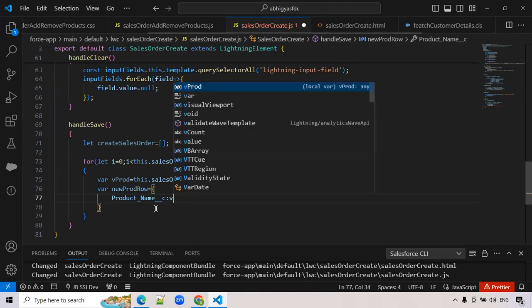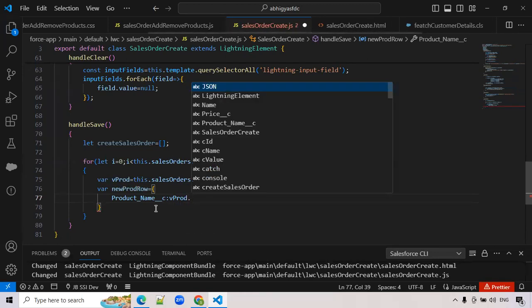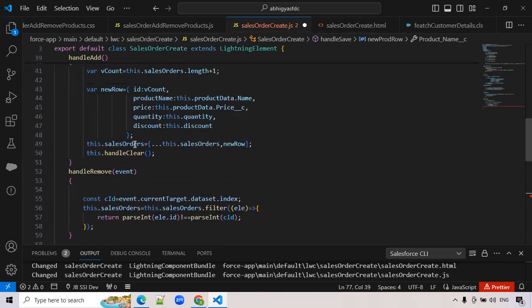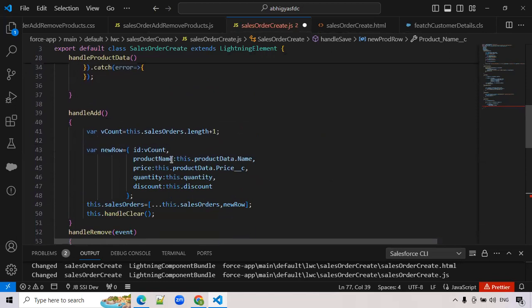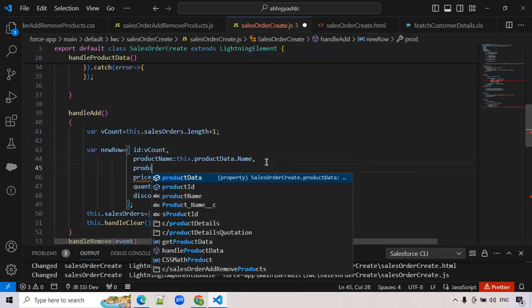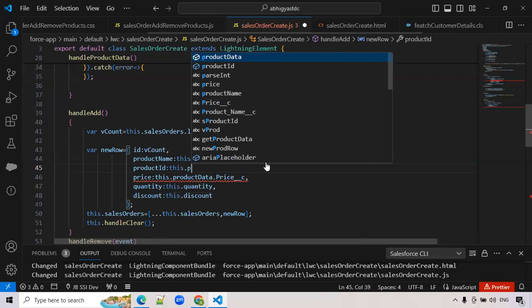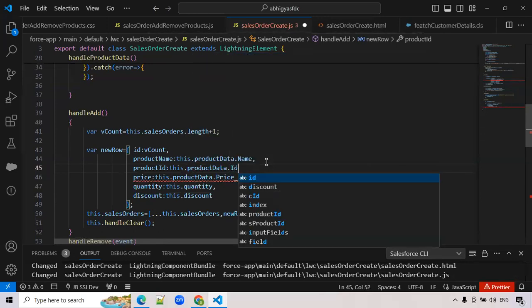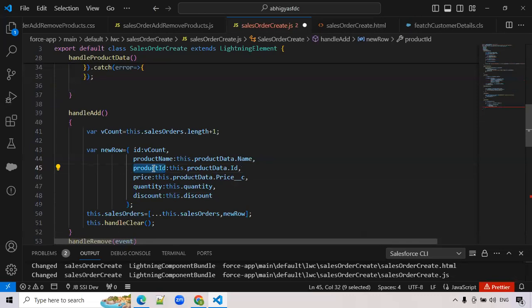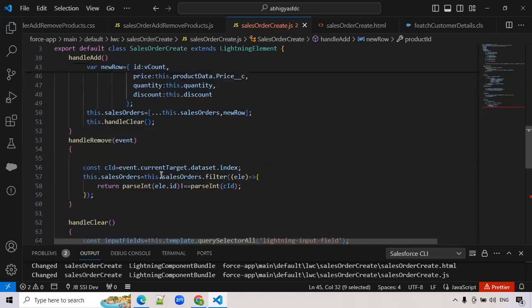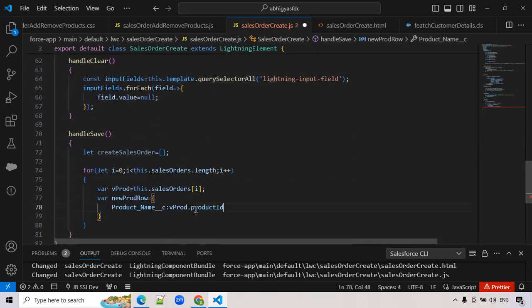Where we have the product name, we use prod dot. Actually it is a lookup field, so here we have to pass the product ID. Actually here we are mapping a product name, but in this we have to map it by the product ID. The name we can't map, right? Why? Because it is a lookup field. So this.productData.Id. We are not displaying this one, but we have to store it when handling each row, since each product has a different ID. Now come here. We have the product ID,